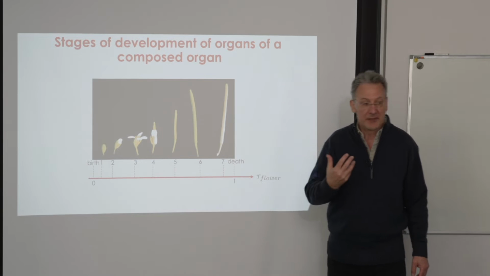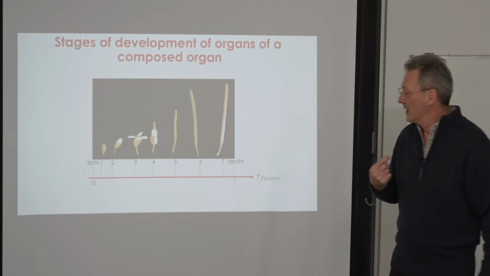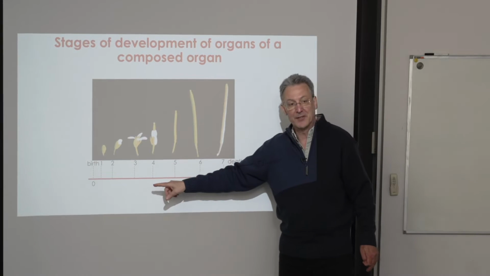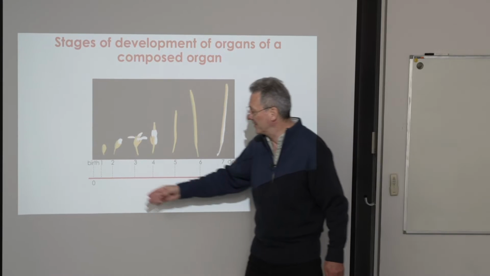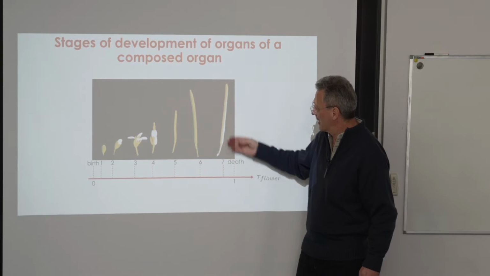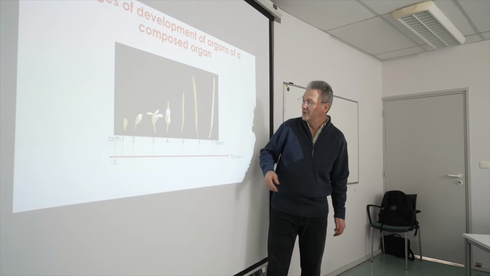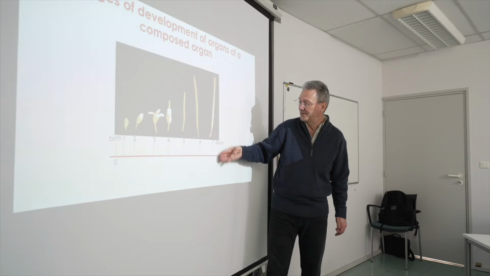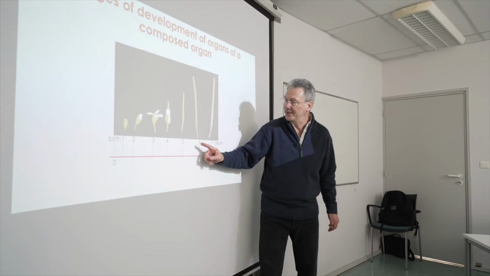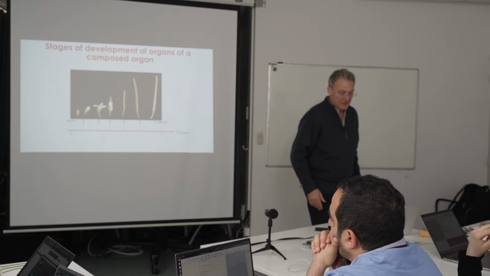Actually, the flower itself could be understood as one organ where there would be a tau flower, and I could play exactly the same thing, saying that 0 is the birth, and the carpel that is almost about to be pruned out from the plant is the last moment of the carpel's life, and then there are stages of the flower development that can be even studied in